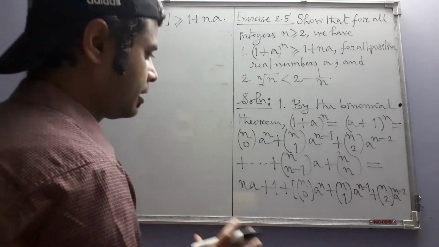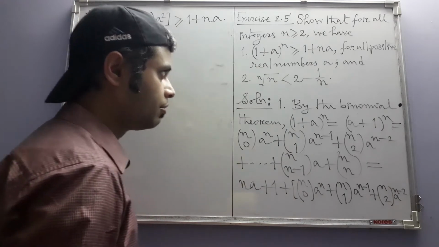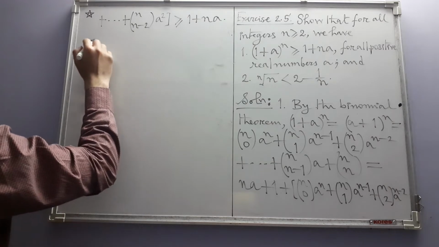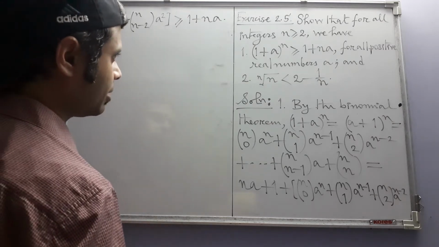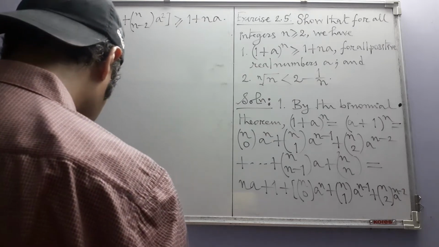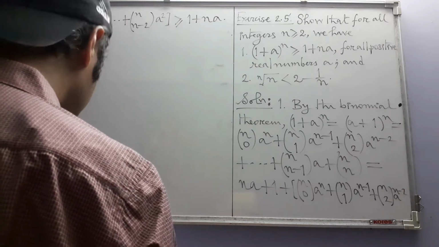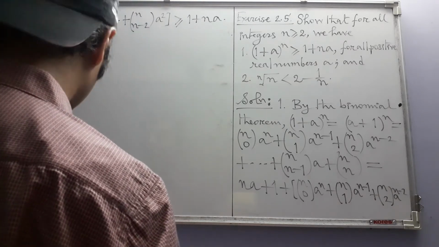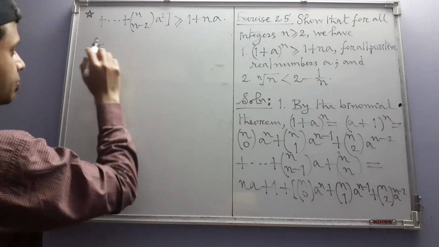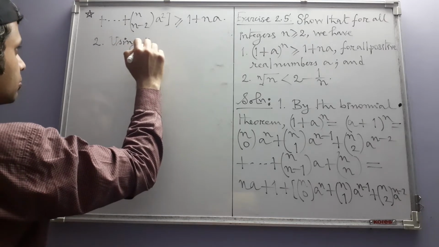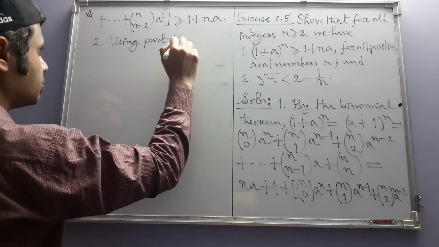You cannot have this inequality if a is not positive. Okay, so that is part 1, and now for part 2, we should use part 1, and I think that way it will be easier. Let us see. Using part 1